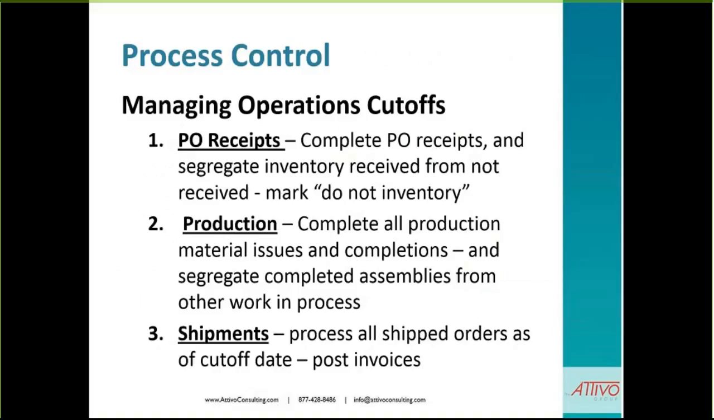All right, let's take a little look at process control. We said process control, and we really talked a little bit about the cutoffs. Now, first of all, number one is PO receipts. We want to make sure that we complete the purchase order receipts and segregate the inventory received from not received,